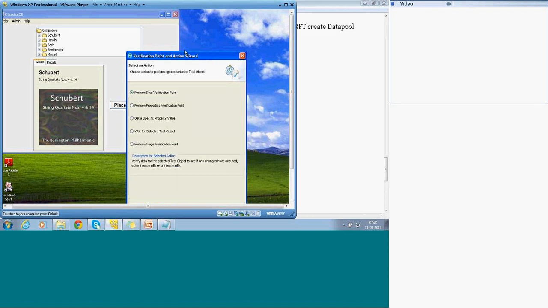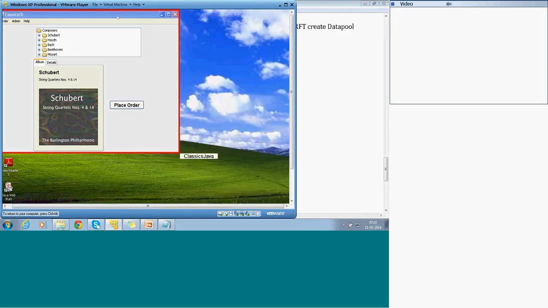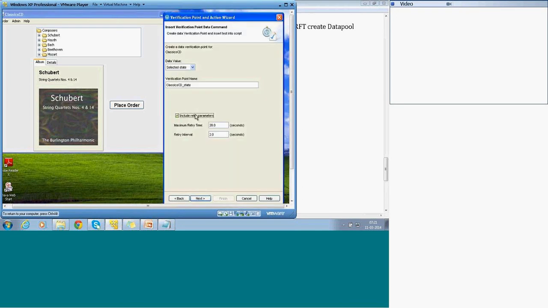I have to go back, use the icon, place it onto the object which you want to map. You can see now it will add the object in the same way as it sees. Right, next. Make it include retry parameters because we can adjust the screen during this time. So you will wait.